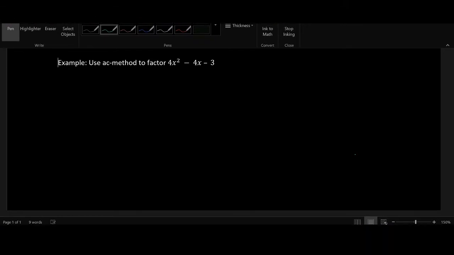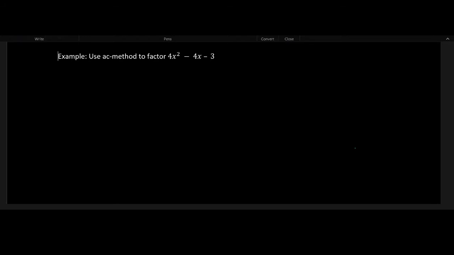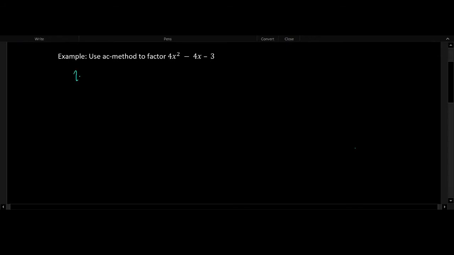In this video, I want to show you an example of how to factor an expression like 4x squared minus 4x minus 3 using AC method. So let's start by describing under what circumstances we would want to use AC method, because this technique is a little bit lengthy and I would describe it as a last resort. So I would use AC method